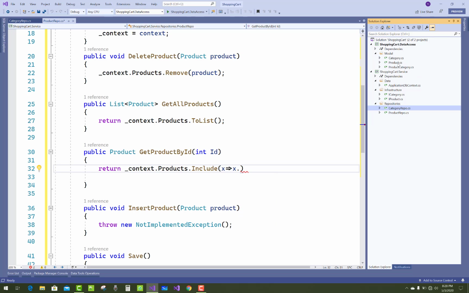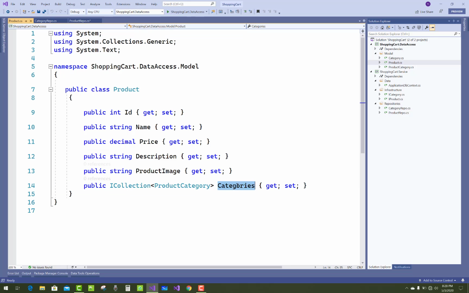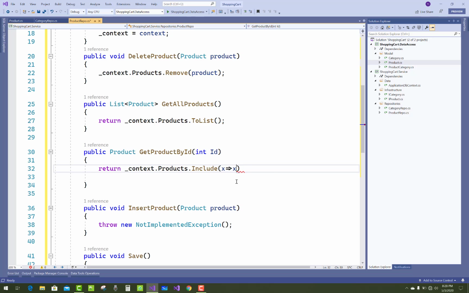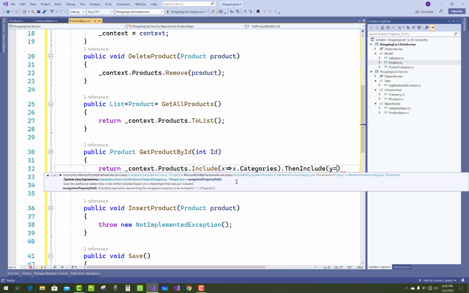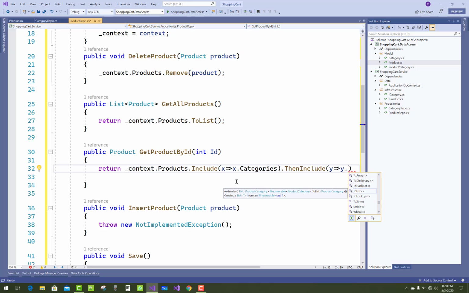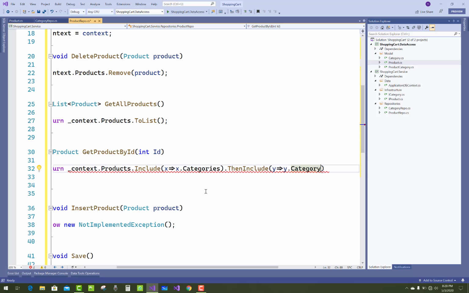In the product table we have a navigation property, that is the categories. So in the product repo dot categories, then include y goes to y dot category, dot first or default.